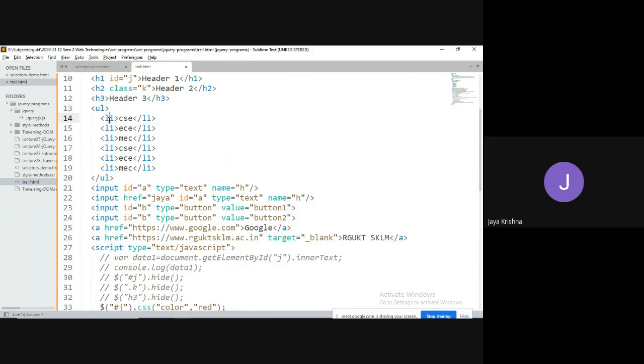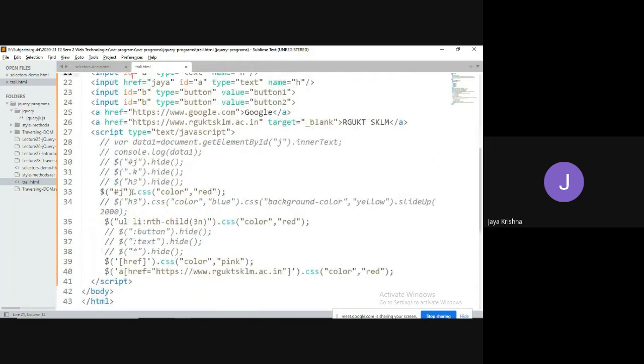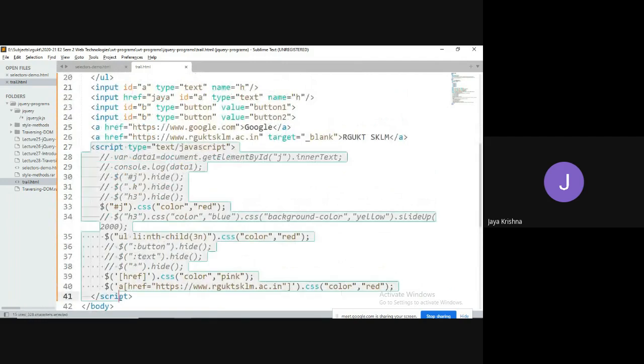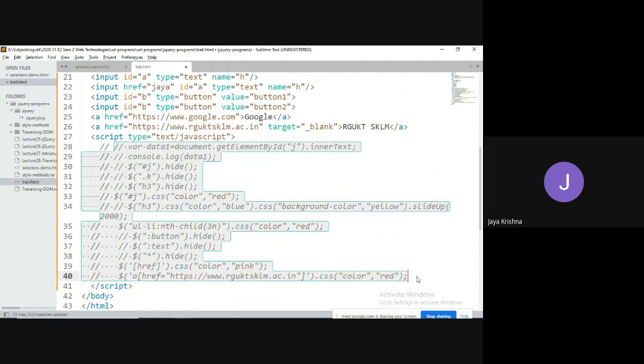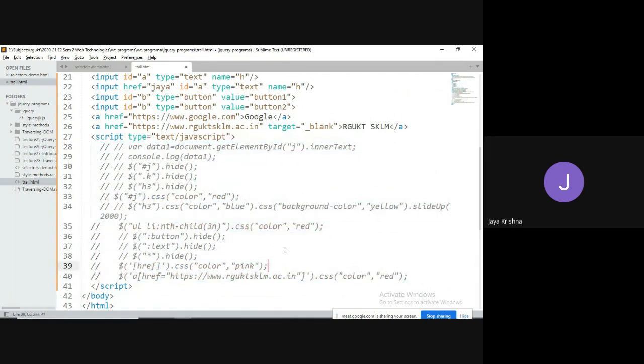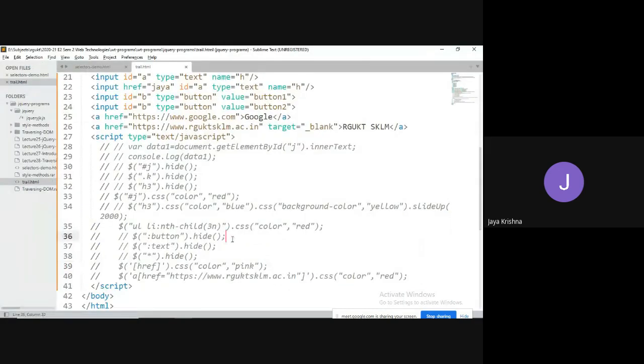Here, I would like to make one important point for you. That is, at the starting of the class, you got some problem. What is that problem? If you write the script tag at the end, before the body tag, there is no problem at all. So I make it comment everything. There is no problem at all. I made it all unselected. There is no problem at all. But